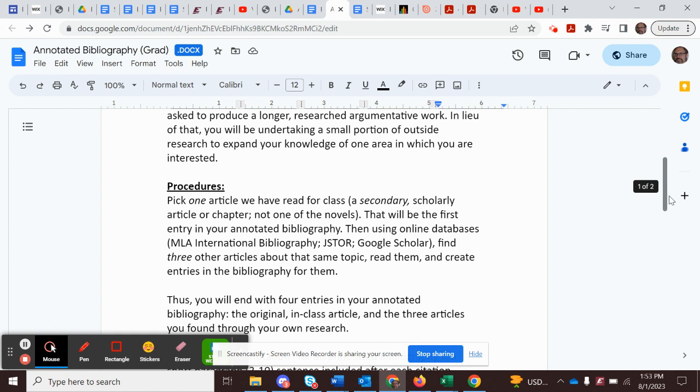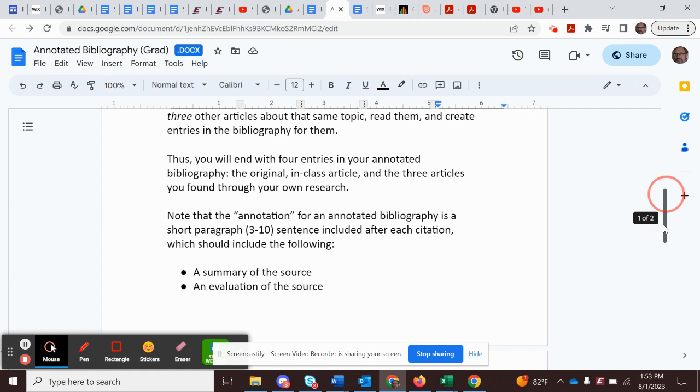read for class. So for example, if you wanted to talk about the Joseph Laycock chapter on religion in role-playing games, those would be keywords that you'd be using. If you wanted to look at the LaPointe article, I'm sorry, the Jones article, role playing games in the classroom, you would do a search for education and role playing games, and we're going to cast a very broad net in what we mean in terms of related articles. But the idea here is that you're using one in-class article that you've already read, and then finding three